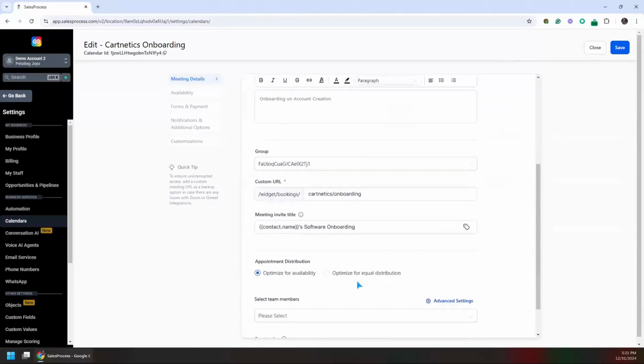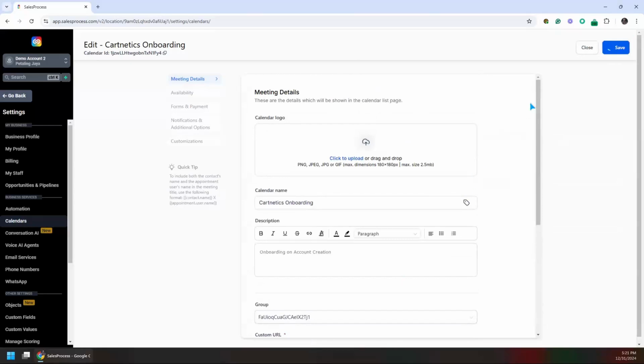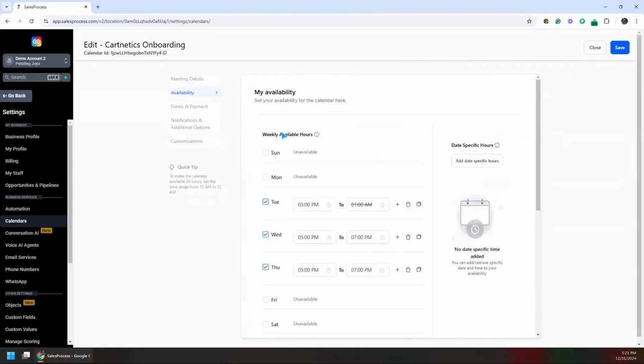Now, first step is complete. We have set out all the things that we needed, and when we click save, it will automatically take us to the availability in here. This is where you can tell it when you are available for this calendar only. And remember, guys, if you set anything outside your business availability, then that time will override and you won't be available. Okay. So in here, I selected the time for Tuesday, Wednesday, and Thursday from 5 to,